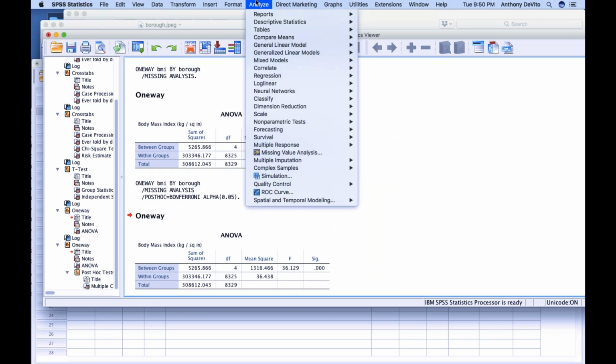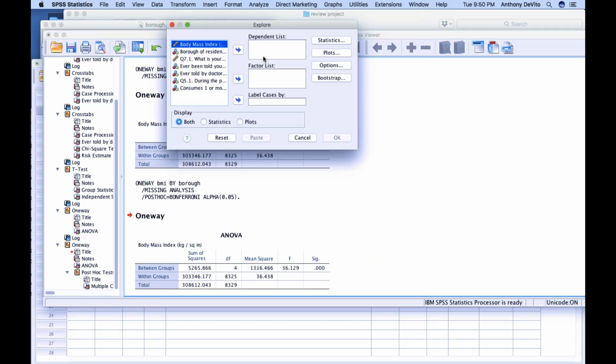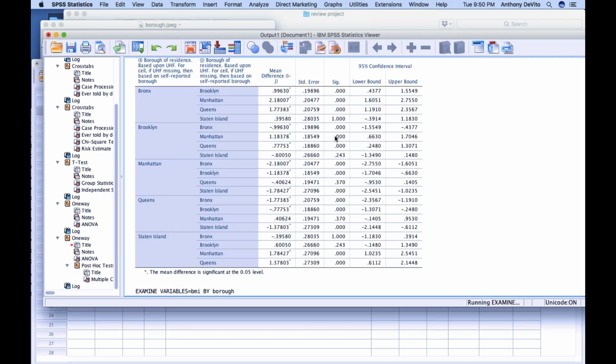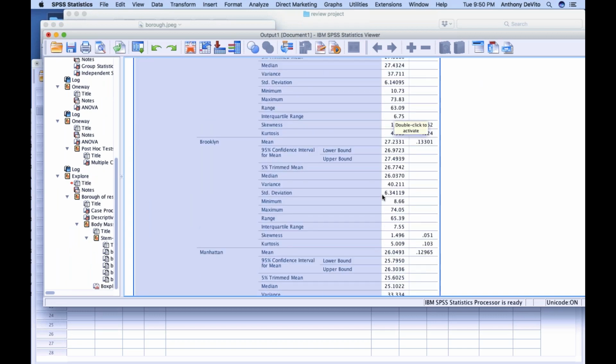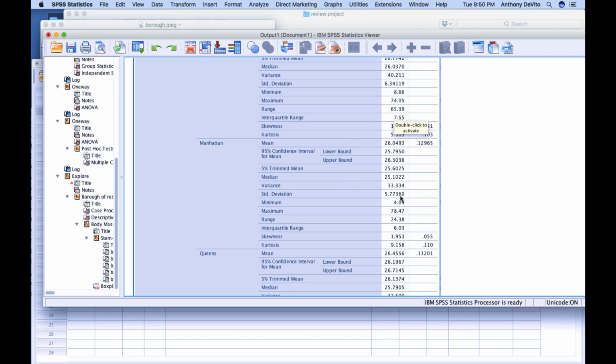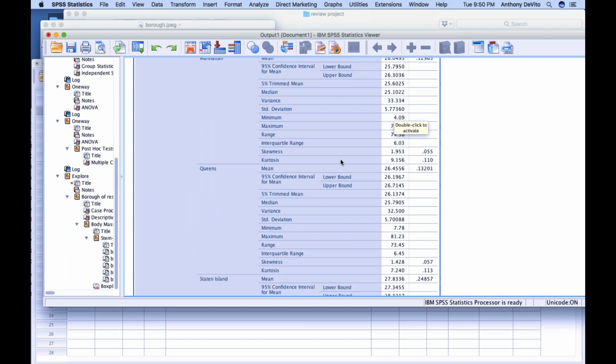Okay, and we could actually calculate that by just doing our descriptive statistics explorer and putting BMI in here, and in our factor list, putting borough of residence. So we actually calculate all of those values that we need. Okay, so we know what the means are. So here they are. So the mean BMI for Bronx was 28.2, for Brooklyn is 27, Manhattan is 26,